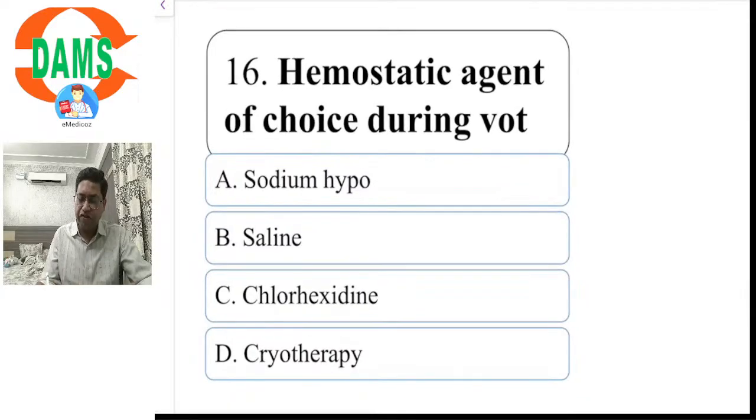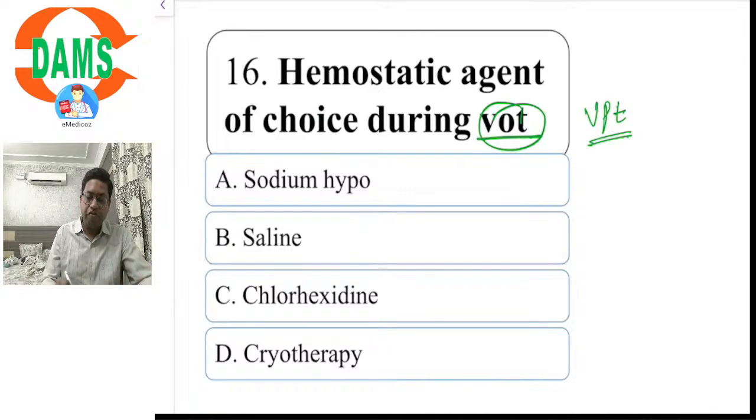Hemostatic agent of choice during vital pulp therapy. This should be VPT, that is vital pulp therapy. Hemostatic agent means there is a case where we are attempting pulpotomy or something. Sodium hypochlorite, saline, chlorhexidine, cryotherapy. It should be very obvious that sodium hypochlorite application for 5 minutes